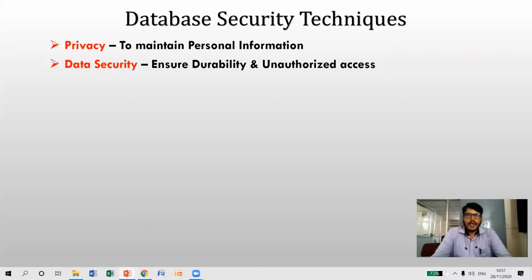And we should prevent unauthorized access by unauthorized persons. Suppose to access my database, I am the authorized person. Apart from me, no one has a right to access that particular data. If he tries to access that particular data, then I can call him an unauthorized person to access my data. So then we have to implement an authentication process.